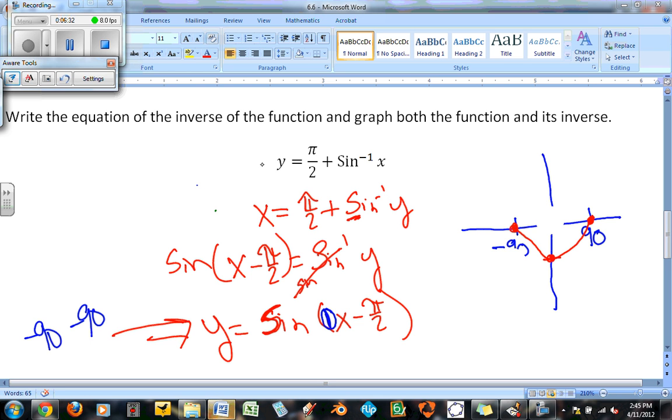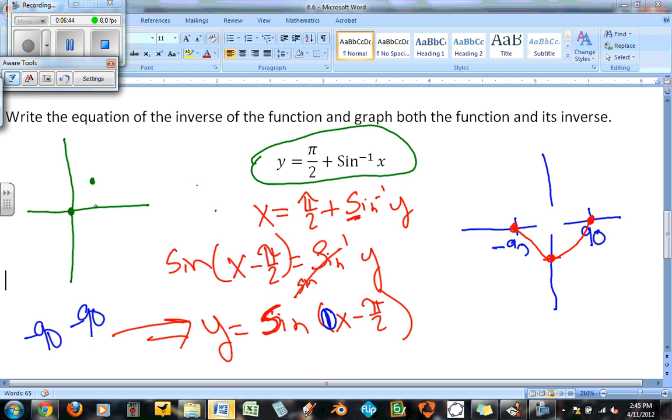All right. And if we were graphing this guy right here, where they want us to graph the original, okay, we know that the original sine inverse graph goes like this. It would go like this. Like that. Okay, but we know that now, because this pi over 2 is outside of it, it means